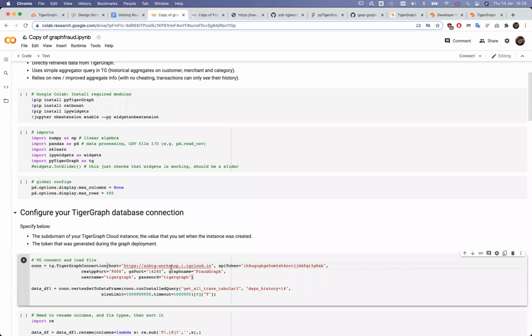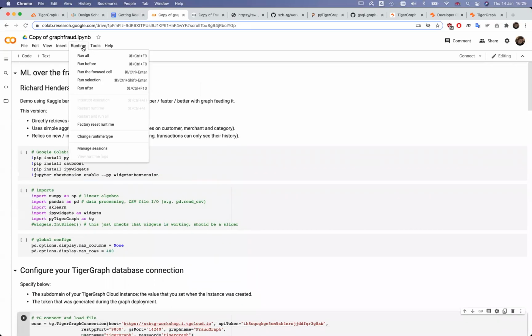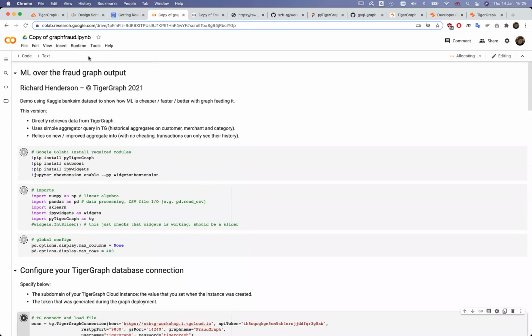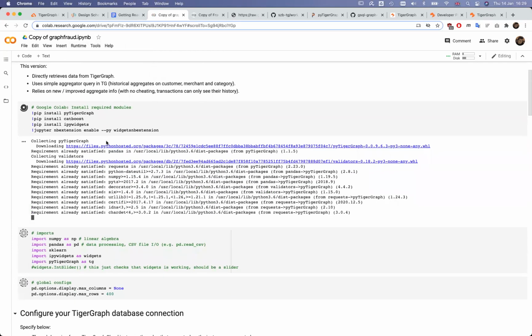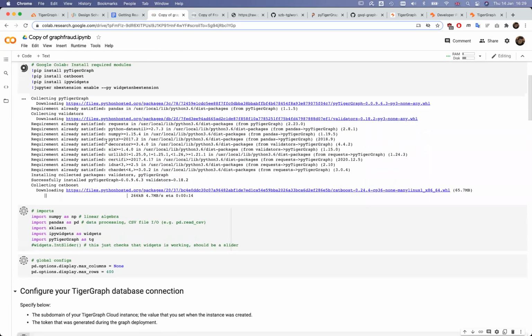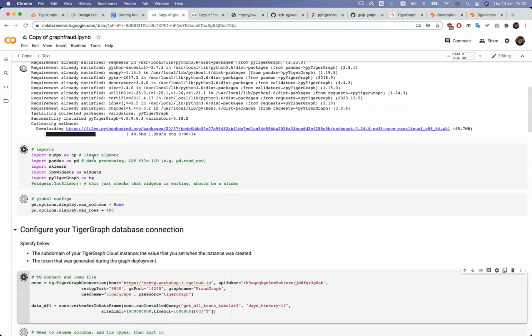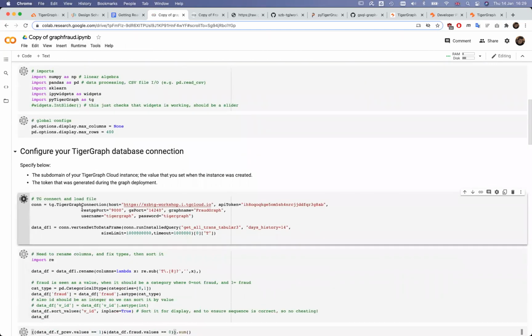Once you have provided these details, we can go into runtime and run all of this. And while it's running, I'm describing to you what's happening. So again, the necessary modules are installed, and then they are imported. This is where the actual database interaction is happening.